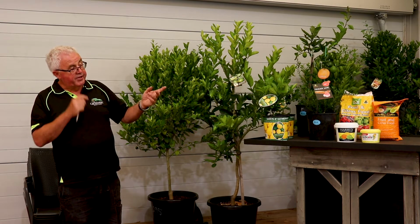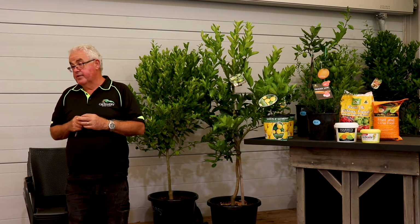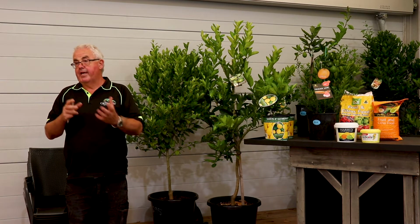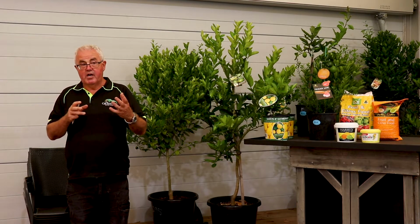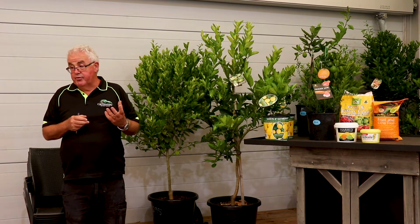Sun I've mentioned. The other thing is they generally need lots of food. Citrus trees love lots of fertiliser, particularly coming out of winter when the weather's been really cold. The plant needs the food to kick it on, and just a general good citrus food is...